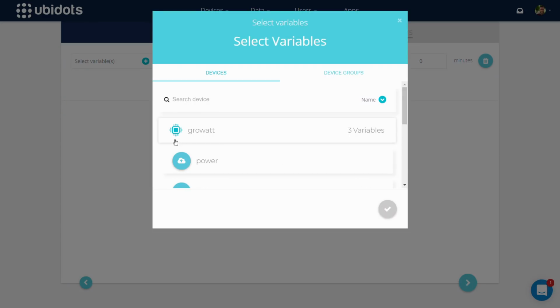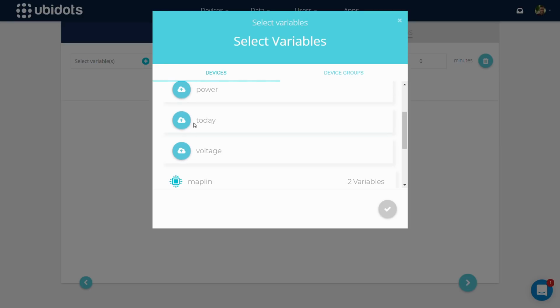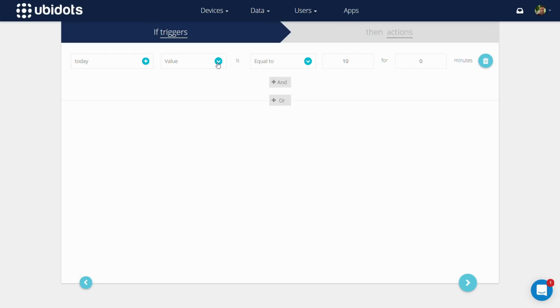So for example, maybe I want to use the power value. I'm going to talk about this a little bit later, but let's say if the power value is less than